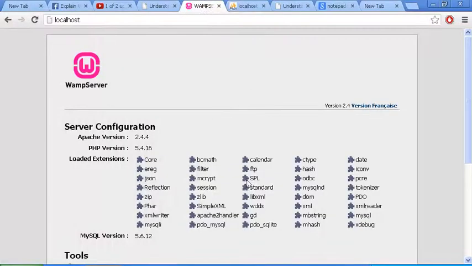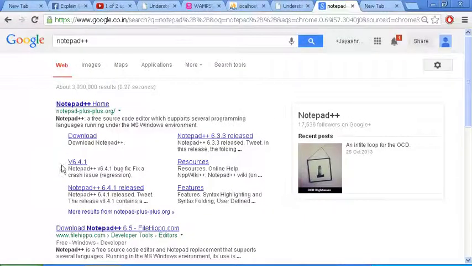But where do we write the code? We write the code on something called a code editor or a text pad editor. There are a few good ones out there. The one most popular and one which I like is open source and free, and it's called Notepad++. It's really wonderful. Go to Google, type it, go to this site and it helps you download Notepad++.